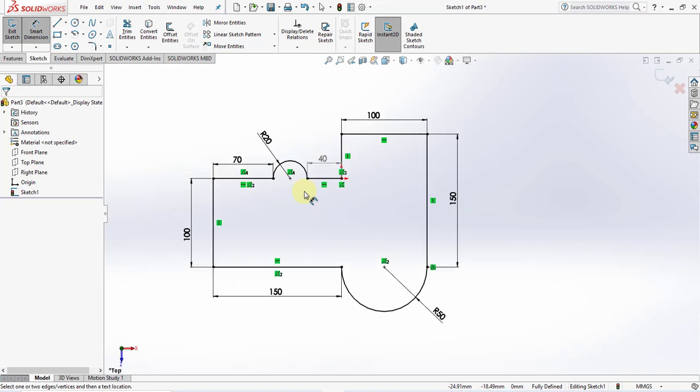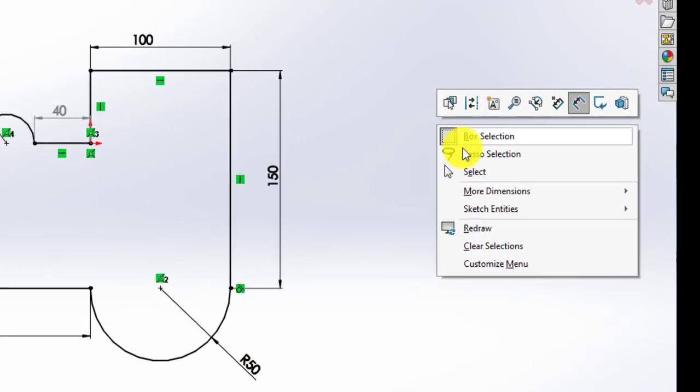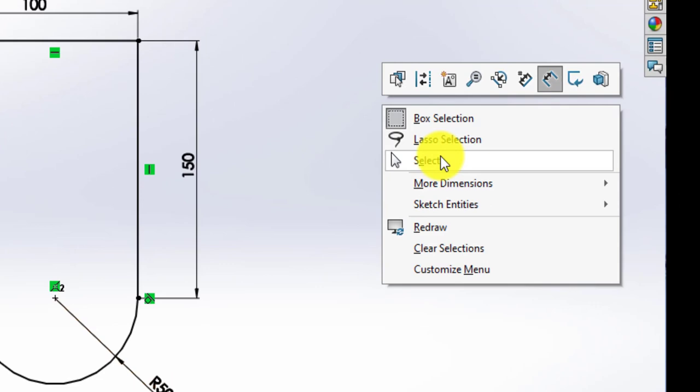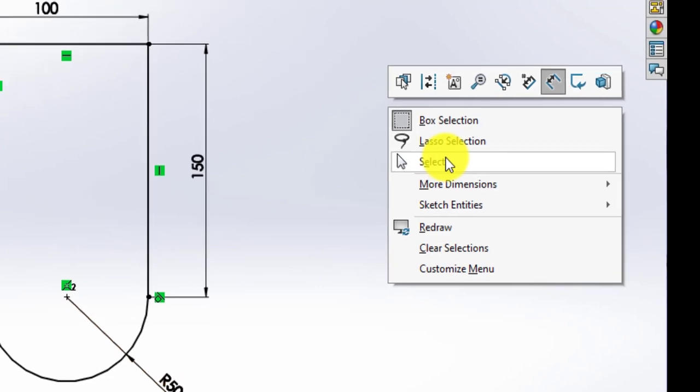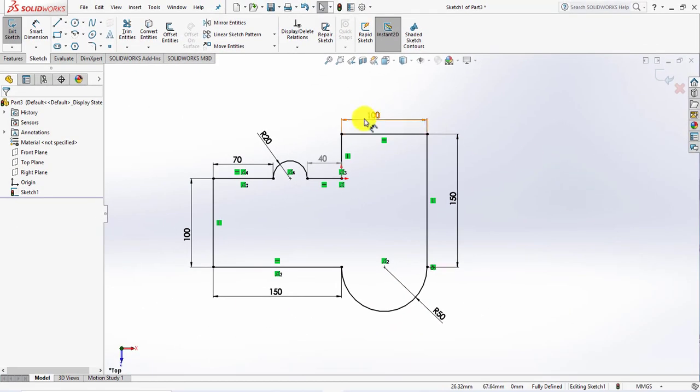Now I want to come out from here in the drawing section, and I want to leave this command. So what do I have to do? Right click here and click select. When I select, I don't have any command, I have left all commands. Whatever command you have, you just have to right click and select. You will leave your command.